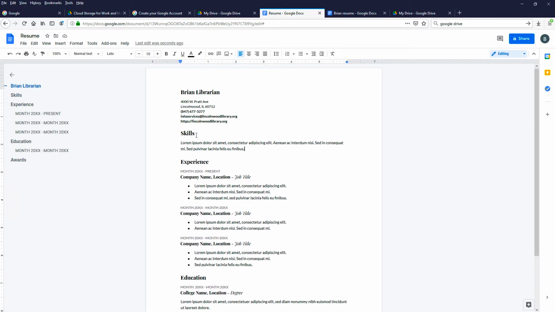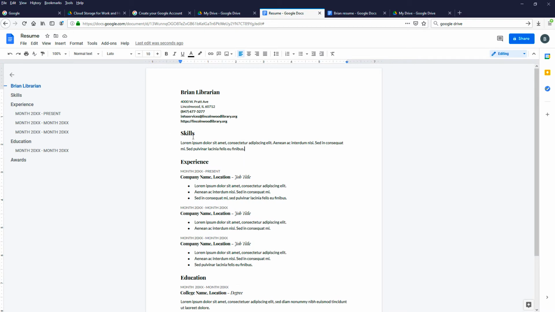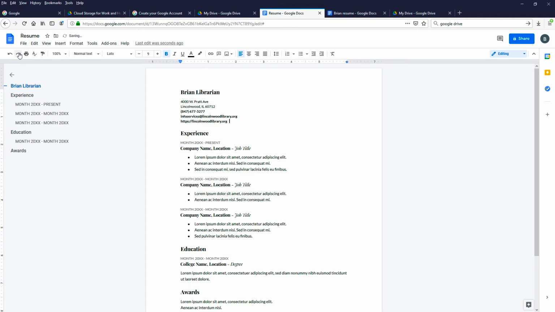So you see they have a skills section and an awards section. You could change any of these section names. Maybe I want to have a goals statement. But again, in your resume, you only want to include something that you think will help you. So if you don't have a specific goal, you can just remove a section. But I will just add it back